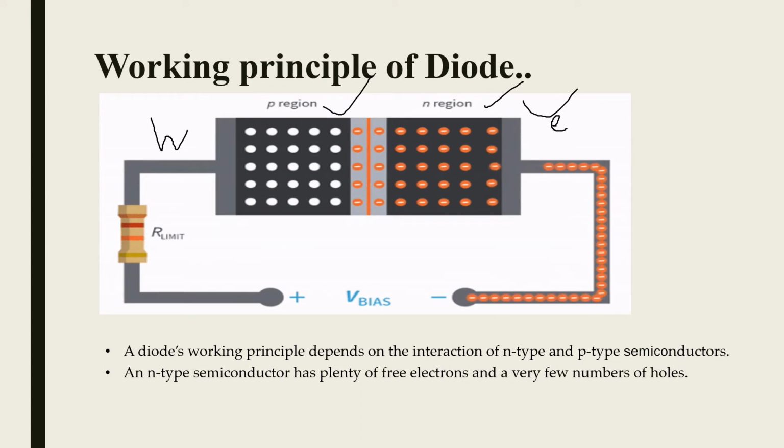Okay, in other words, we can say that the concentration of free electrons is high and that of holes is low in an N type semiconductor. Okay, and in N type semiconductor, majority charge carriers जो होते हैं वो इलेक्ट्रॉन्स की वजह से होते हैं, जिसमें कि माइनॉरिटी जो होता है वो होल्स की वजह से होता है, और पी रीजन में जस्ट अपोजिट होते हैं. Okay, let's come to another slide.